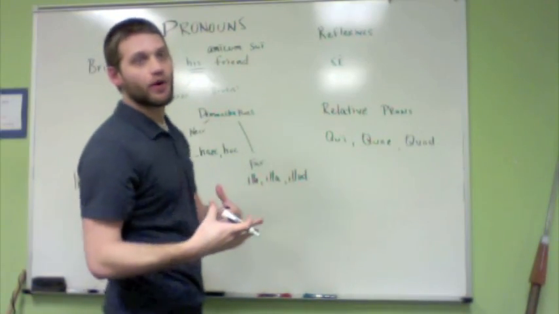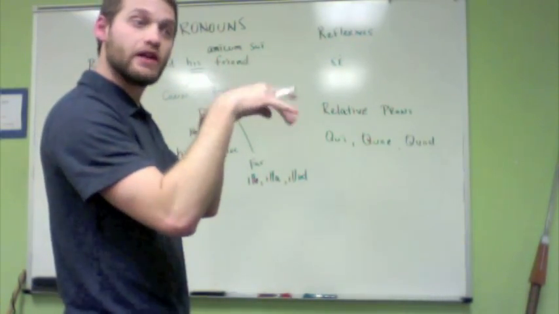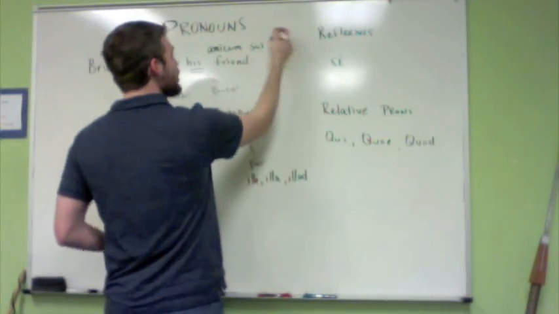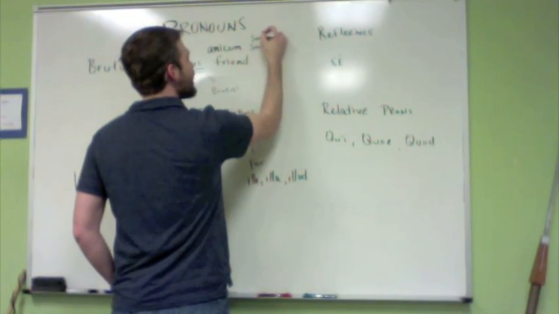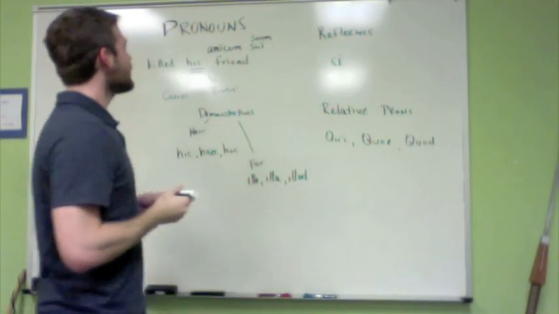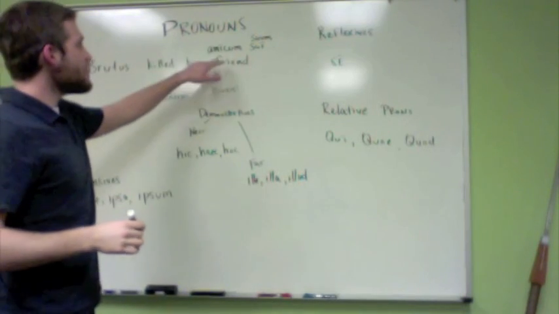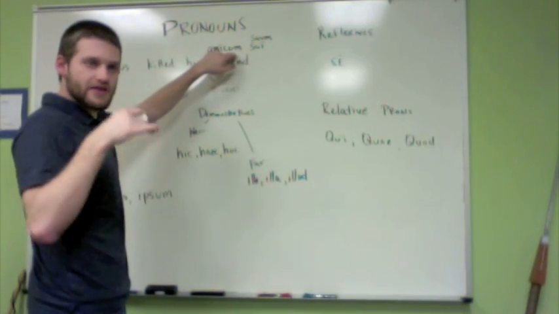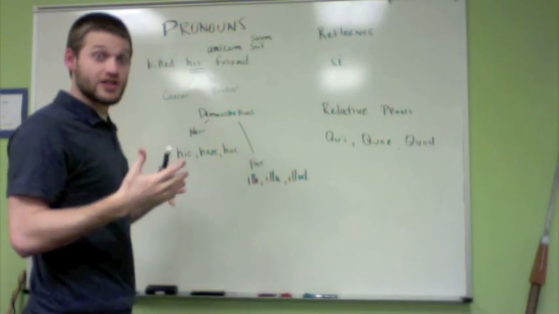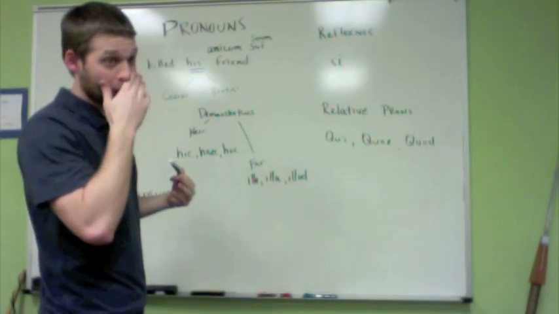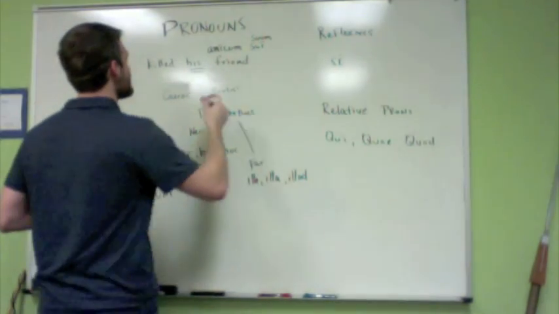Again, look in the back of your book. You can see it right there in the genitive, singular and plural. He killed his own friend. Or you could use the reflexive possessive, amicum suum. And that would let you know in Latin, this is Brutus's friend we're talking about, the tragedy. He killed his own friend for the good of the Republic. Didn't work out too well, but you know what I mean.